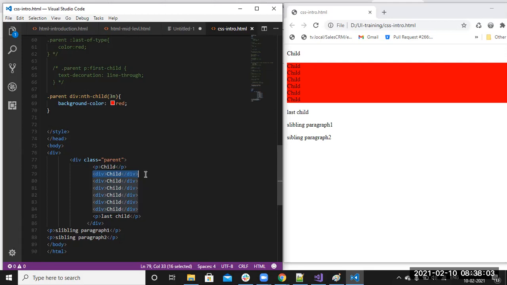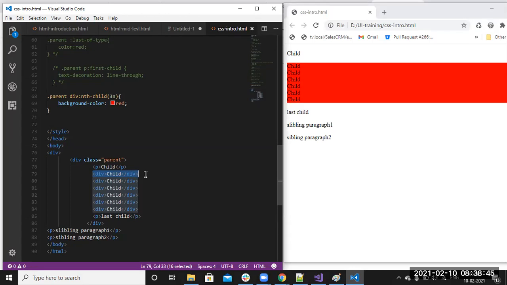So to avoid this type of confusion, CSS introduced a new selector, that is type. So first-of-type, okay, first-of-type. If you write p:first-of-type, then among the p elements, the first one will be selected. If div:first-of-type, the div will be selected. If you are not mentioning anything like p or div or span, you just write the parent div and a space and :first-of-type.